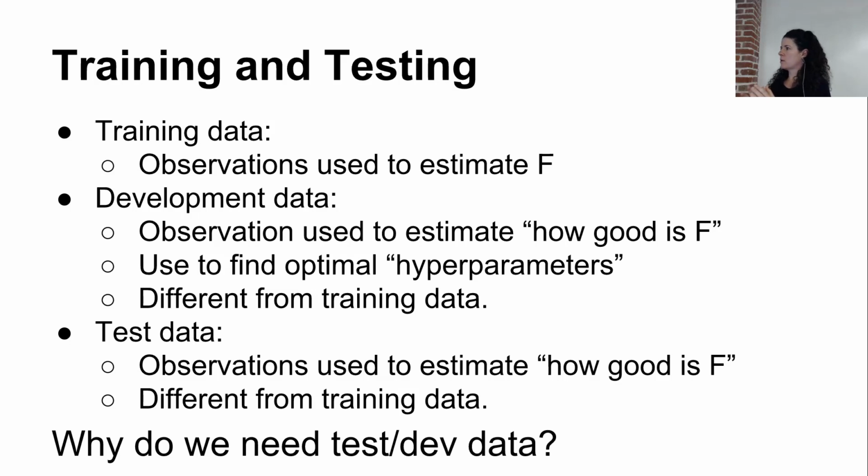And then we have some other data sets called the development data set and test set. The development data set and the test set are used to understand how good F is, because you use the training set to train F. So you want to use an independent set to understand how good F is. Why is that, actually? The main reason is that what we want to do with machine learning is to predict unseen data that we haven't seen yet. If we fit our training data very well, but the unseen data is very bad, then with machine learning we haven't done anything. So that's why we need a separation between the training data, which is used to actually get this F approximation, and the test and validation sets, which are used to understand how good